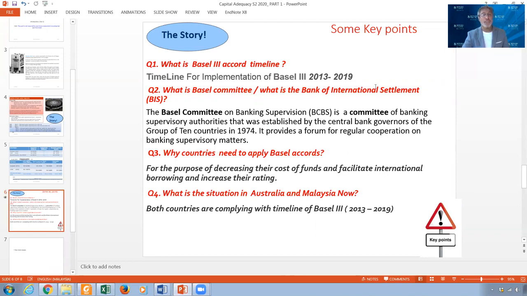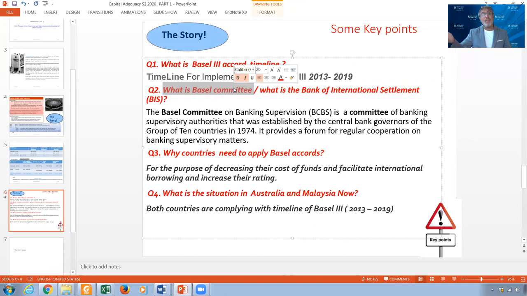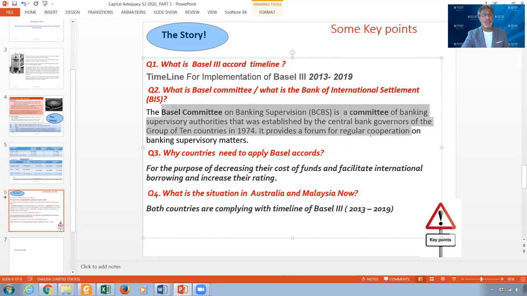What is the Basel Committee? What is the Bank for International Settlements? The Basel Committee is those huge, for example, now the G20, the great 20 economies in the world. And the Bank for International Settlements is actually the secretary of the Basel Committee, which will draft these regulations and send them to the banks. The committee is just the governors of all those central banks in the G20. So when we see requirements from the BIS, we mean it's actually coming from the Basel Committee. So this is just some explanation about it.